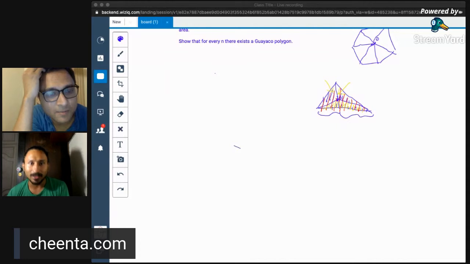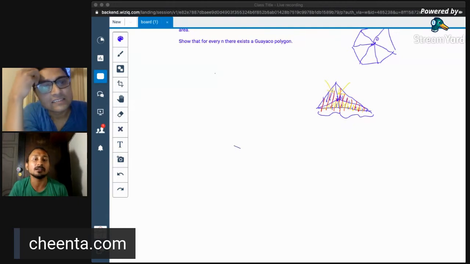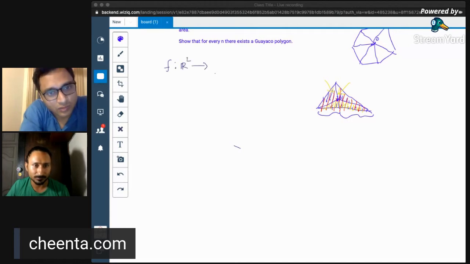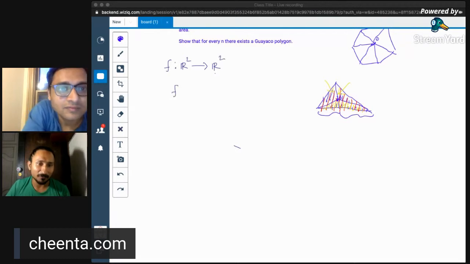In this problem, it is very advantageous to think in terms of transformations. Why? Because a regular polygon clearly has these properties, and a polygon which is very close to that regular polygon but is not regular should also have that property. In other words, if we take a map f from R2 to R2 such that f of the regular polygon